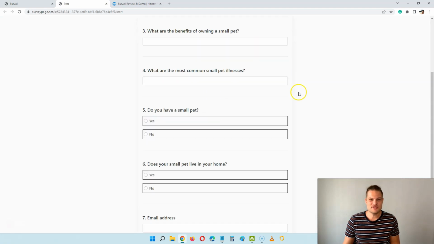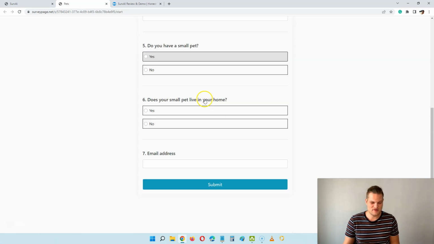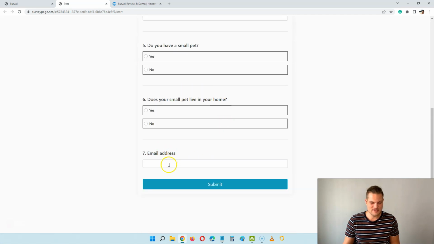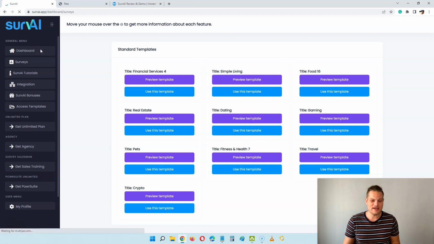Here you can see we have this survey that is already generated for us, with some different questions. What is the most popular small pet in the United States? And so on and so on. We have some yes and no, we can create multiple choice, and down here at the bottom we even have an email address. So we could use these templates to do it easily, but I would like to do it with a